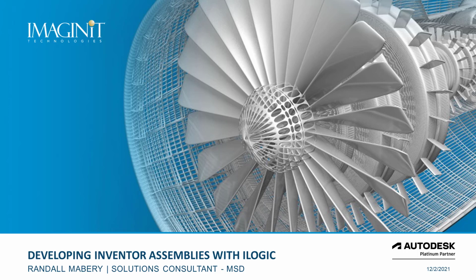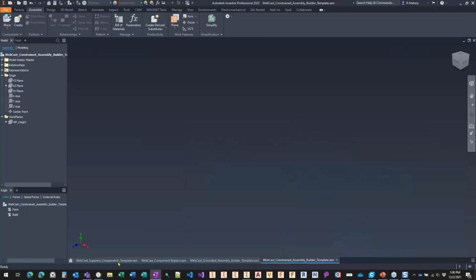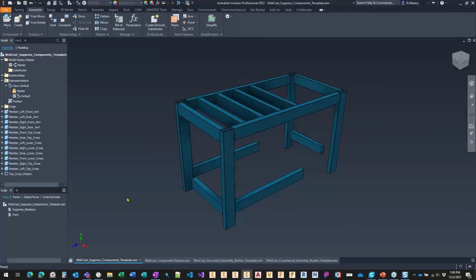Okay, so I am going to switch to Inventor here. And today we're going to talk about 3 different methods for building assemblies with iLogic. Not only building them, but configuring those. And I've broken them down into 3 different methods of suppressing components. And then there's replacing components. And then we have the option these days of building on the fly. Meaning there's nothing inside of my start templates. These methods don't have to be individual. You can use them in conjunction with each other, and we'll talk about that as we go through here and